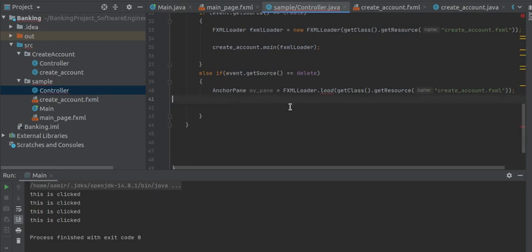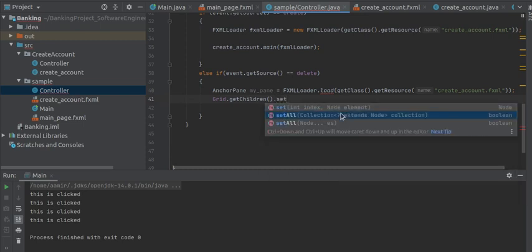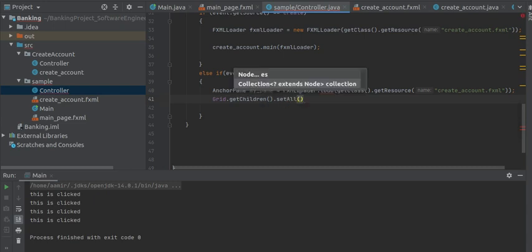Now in this grid pane, the name is grid. Now getChildren. As I said, in the first window the parent was grid and these are the children, and then I will use the setAll option. In this setAll I will give the second window. Sorry, my pane. The second window is my pane.